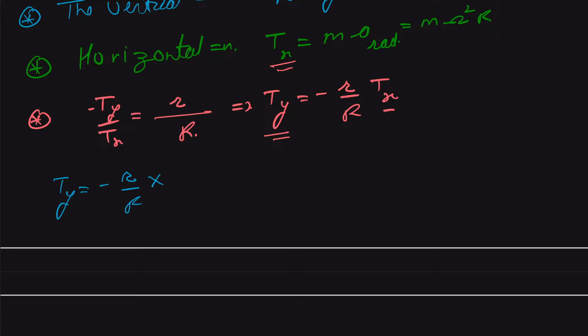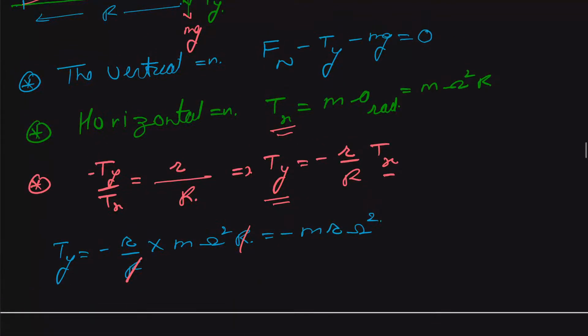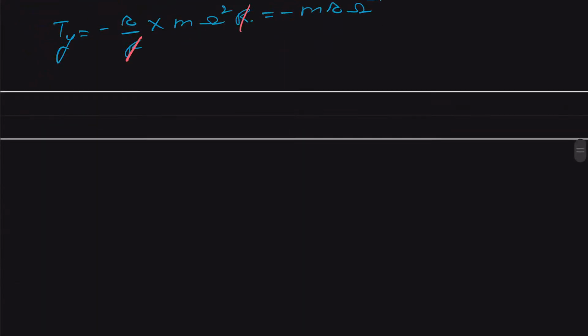T of x is m omega square times r, and here r and capital R cancel out, and this comes as minus m r omega square. And now we can easily substitute this in our main equation. Let us suppose this is our equation number 1. So we can say from equation 1,